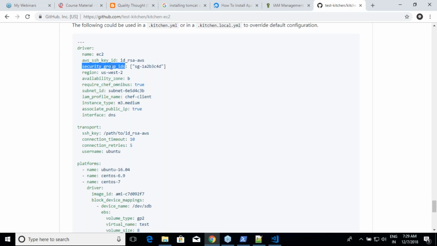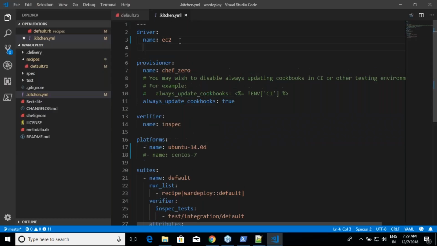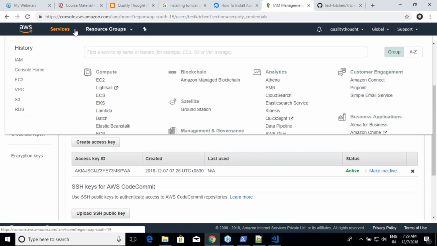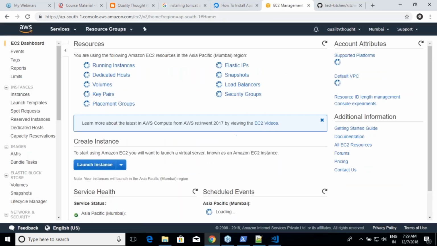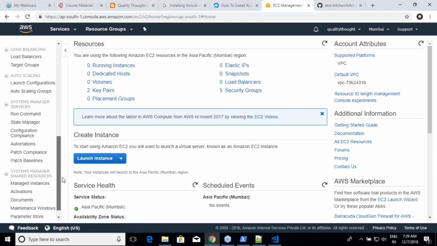Security group IDs. For the kitchen machine which you are trying to create, what is your security group? Generally, whenever we create an EC2 machine, we give a security group, right? Here you have to give the ID of it, and you can give multiple security groups, so that's why it is an array. Now let us get into AWS. Come to the EC2. Where are security groups?